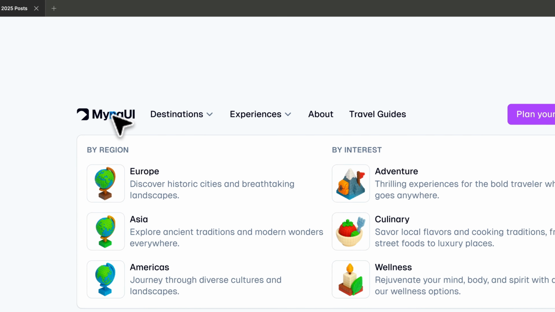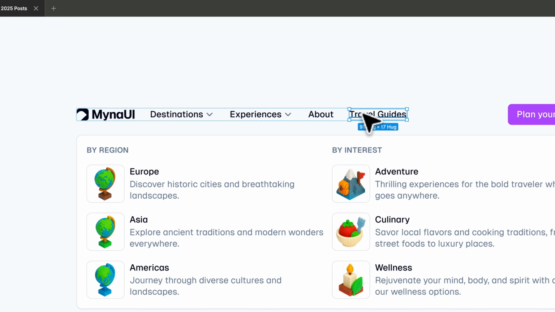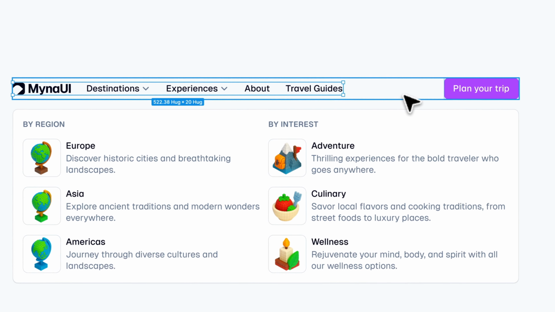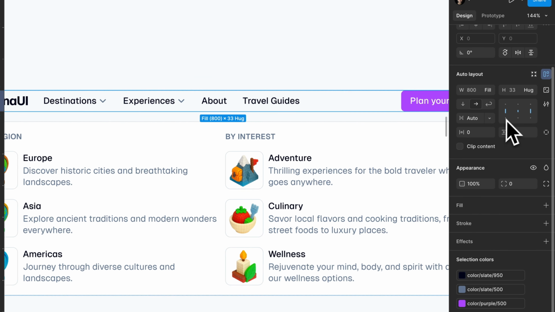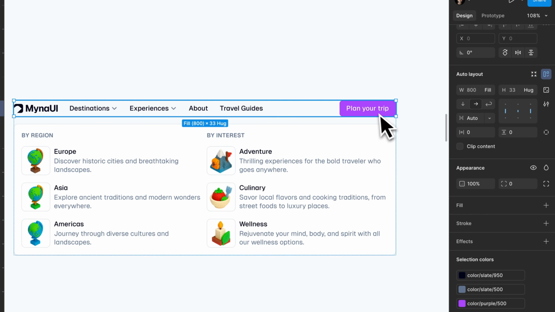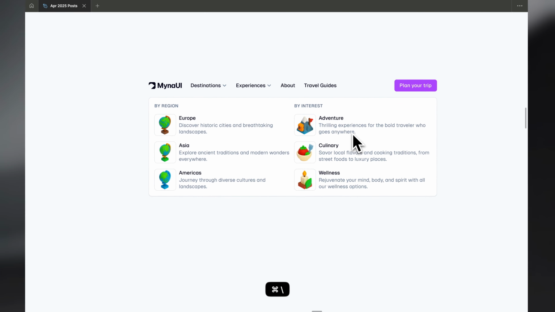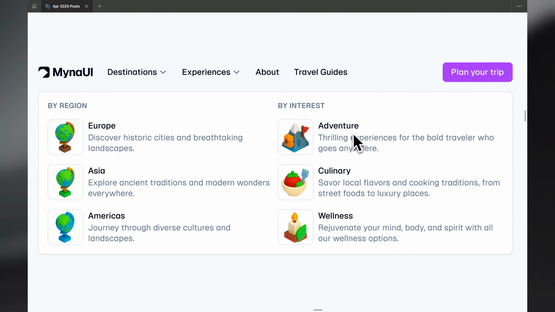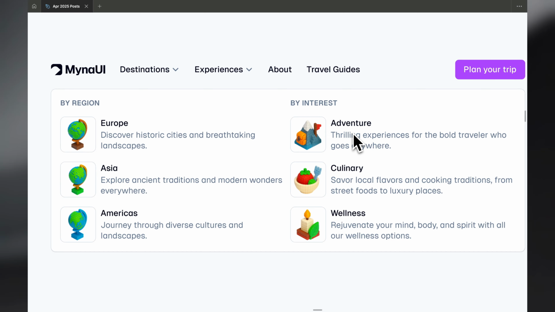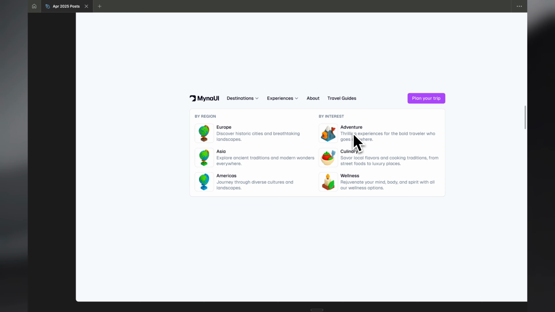And the header, I added the logo, some drop downs in auto layout like this, and all of this is in auto layout, and this is spread out in the auto layout, and we added a button here, and that's basically it. So the main attraction of this is the images, and adding images like this